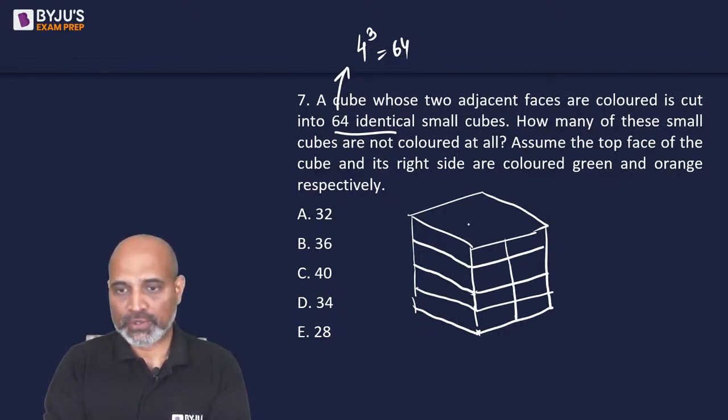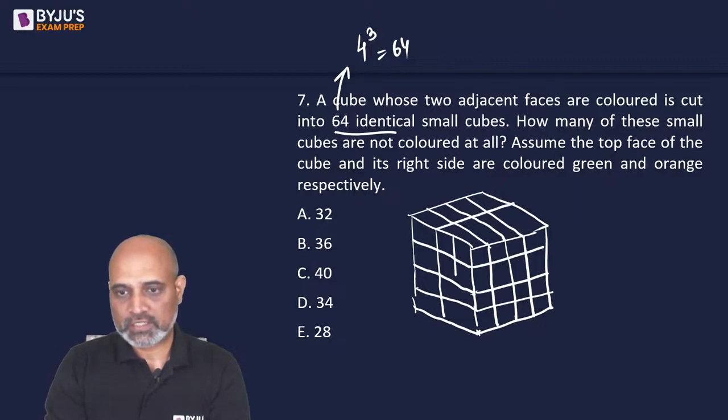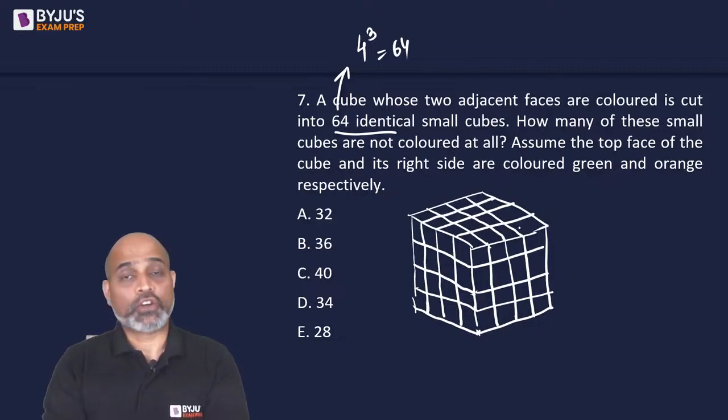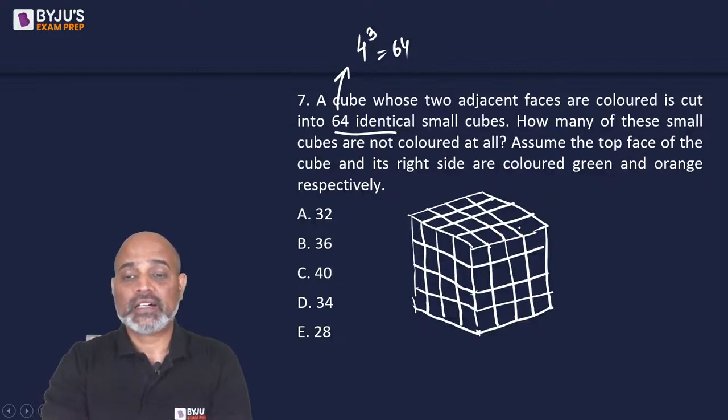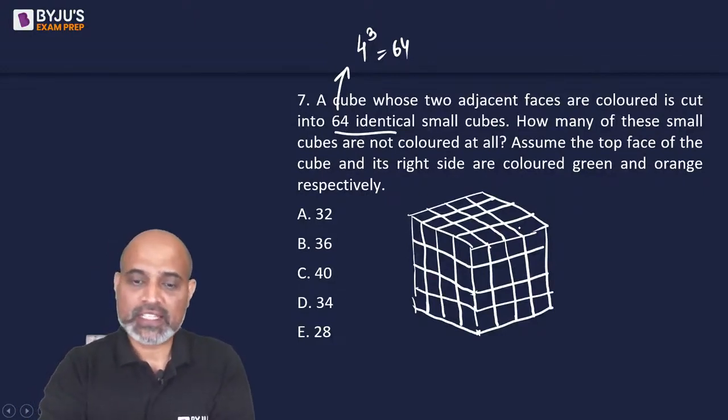Now if we do this, we are going to have 4 slices. And then if we go along this, we are going to have 4 slices. We are making 3 cuts, 3 slicings. So if you break it open, it's going to be a complete cube which is going to have 64 smaller cubes. Now it is given that